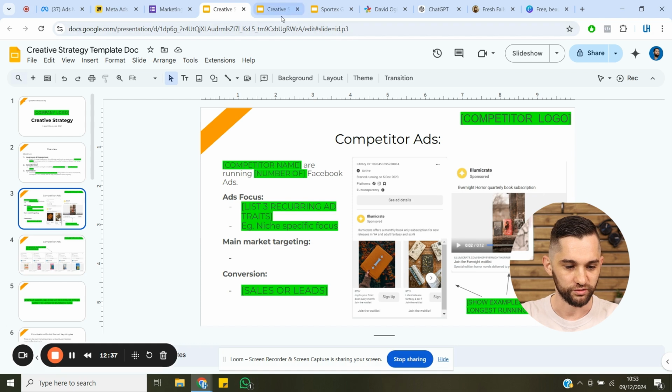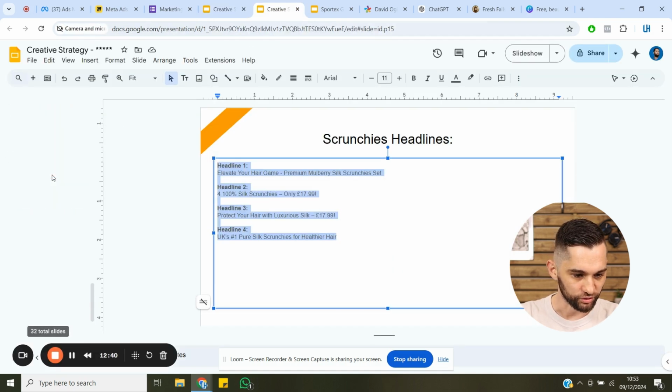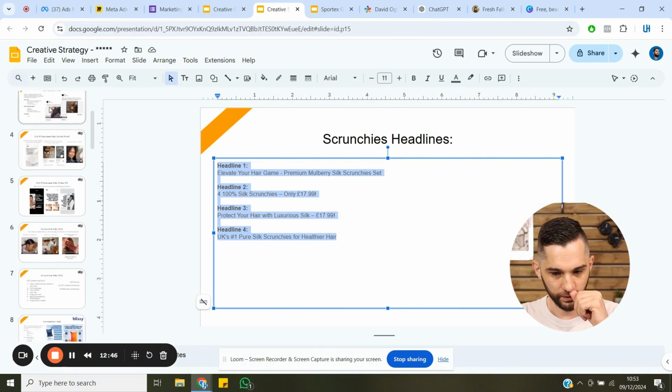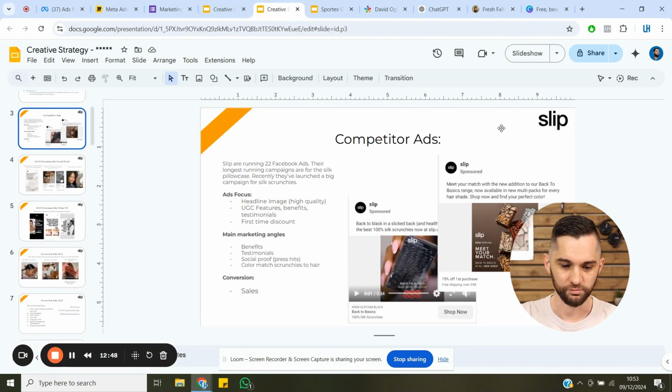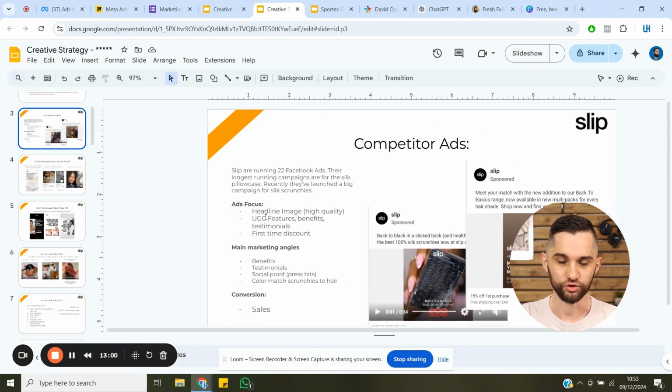methodically with the competitors, so to give you an idea of what that would look like in a finished creative strategy. So we've got, here's a competitor, so the competitor is Slip, and then you've got info here. Slip are running 22 ads on Facebook, longest running ad campaigns for the Silk pillowcase. Recently they've launched a big campaign for Silk scrunchies, and then just all the information that you are going to